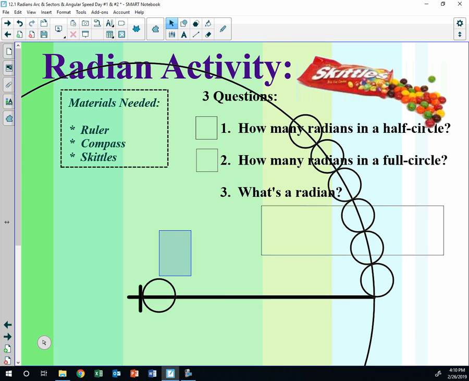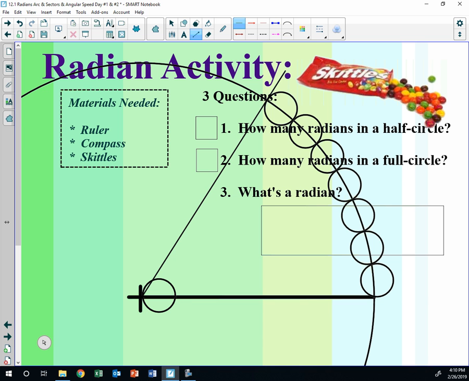But what's neat about this is that by the time we get to the 7th one, we will have the exact same angle that we would ever have, no matter how big the circle is. As long as we took the radius and put that radius on the circle, we will always get